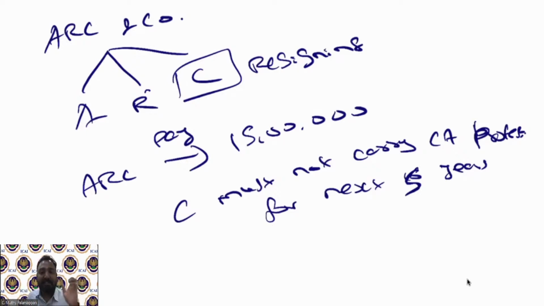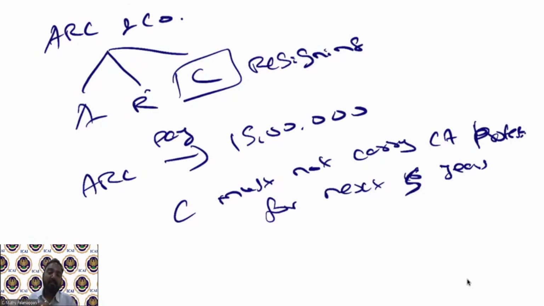ARC and Co says, I'll give you 15 lakhs for what? For not doing any further business activity, for not carrying out any activity. When can this happen? When ARC thinks if C comes out and starts a new business, existing clients of ARC might become the client of C's independent practice. So which might be a loss to ARC and Co. So to compensate that loss, to make sure that C is not pulling out the clients,